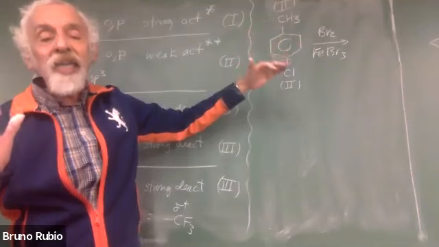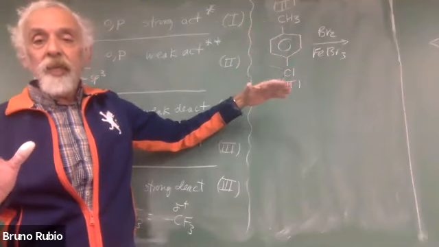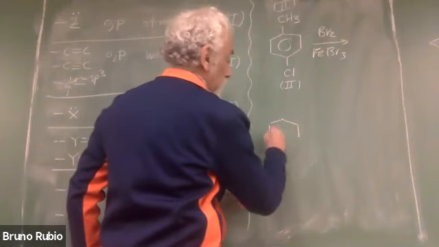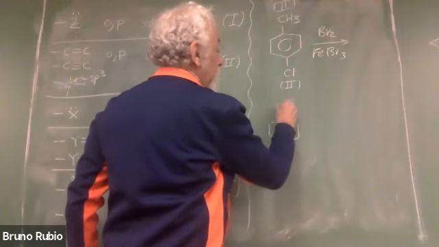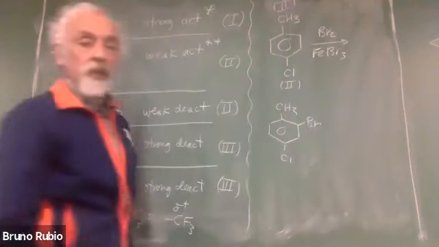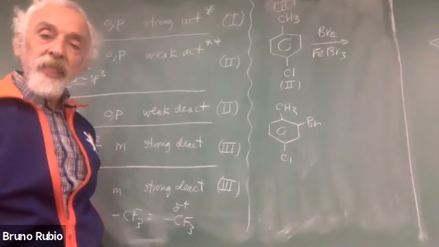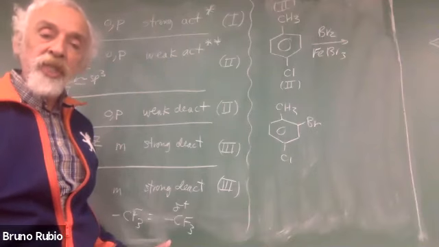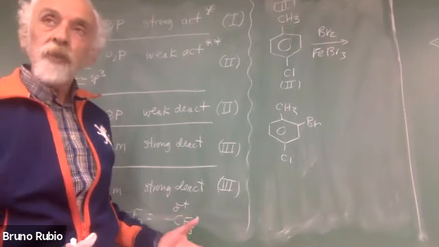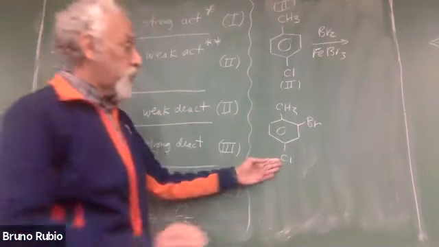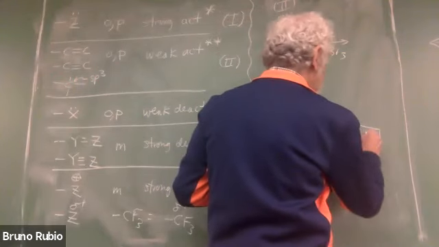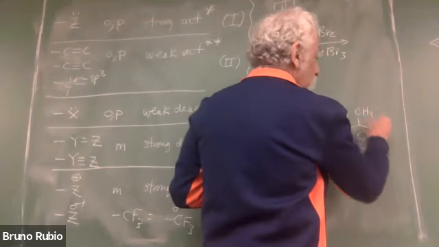They have an equal say in where the new substituent will go. So we're going to get a lot of this, where the methyl is saying, send the new substituent ortho and para to where I am, but the para position is blocked, so this Br goes ortho. And we're also going to get a lot of this guy,